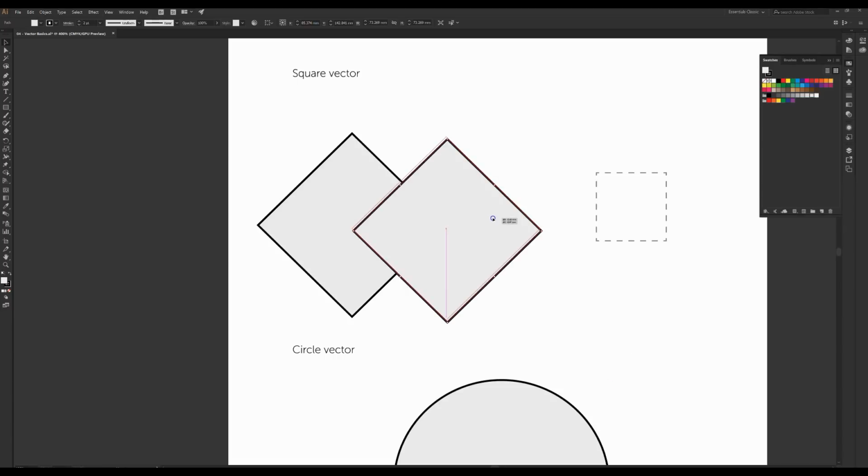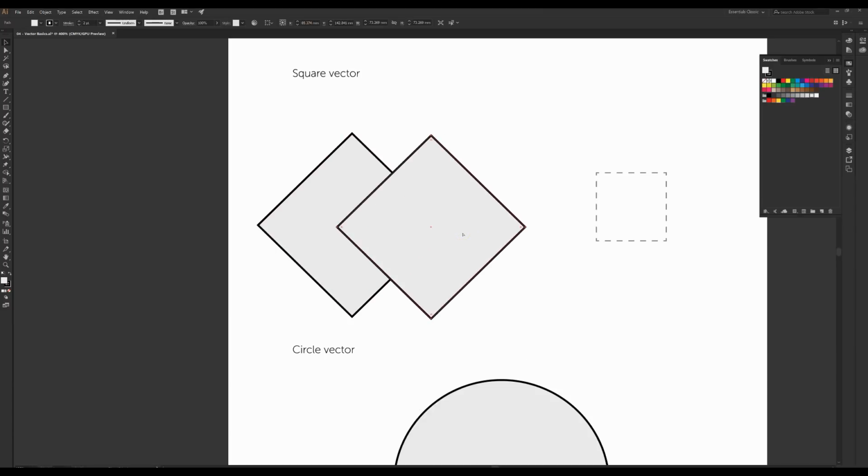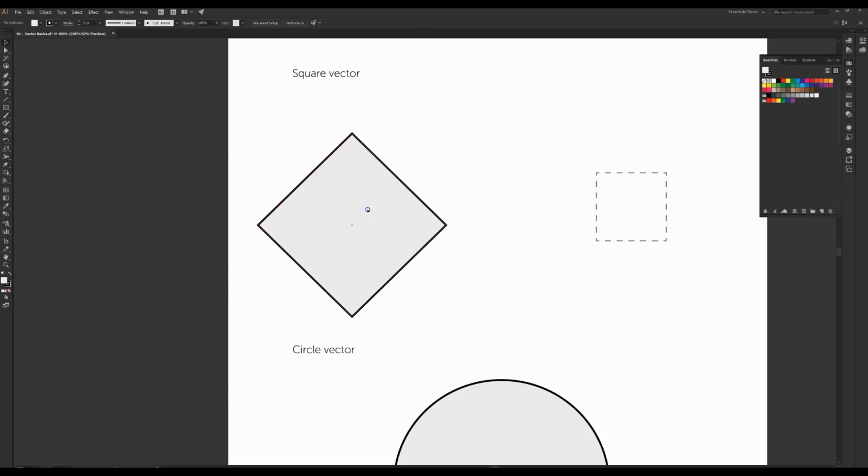If you move it around very gently, you can line things up a little easier. So it doesn't really matter for this example. I'm just going to create them. The other way to copy and paste a shape,